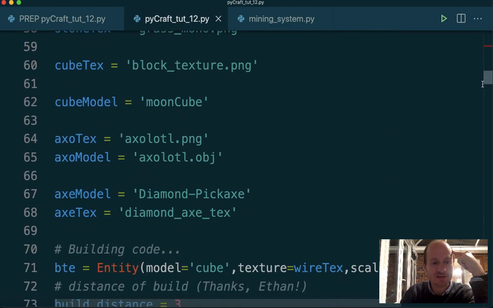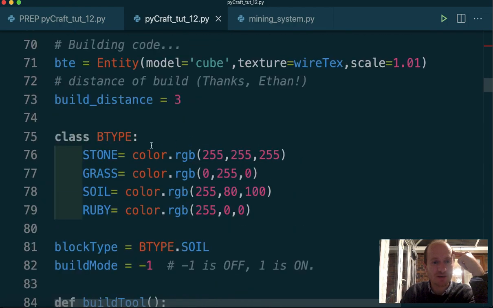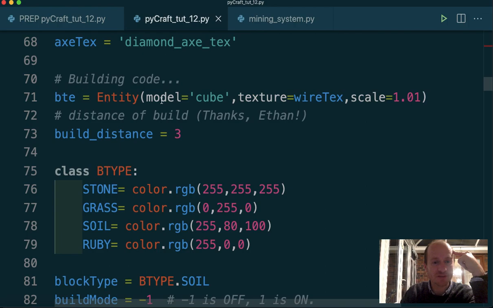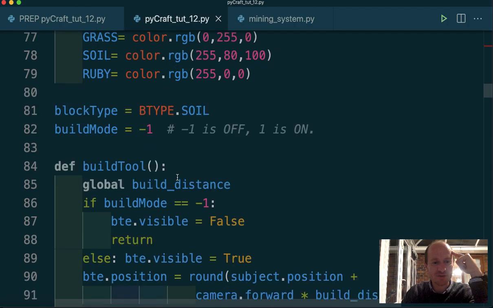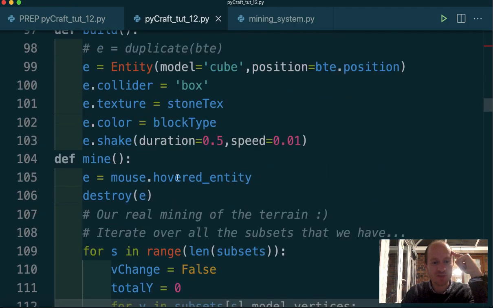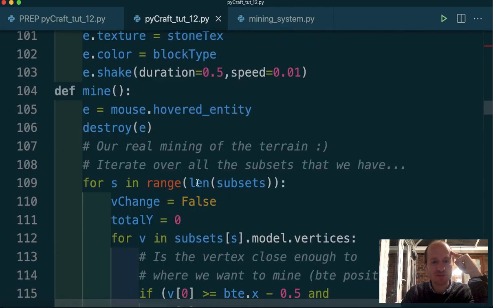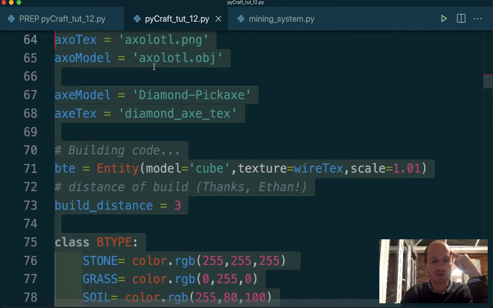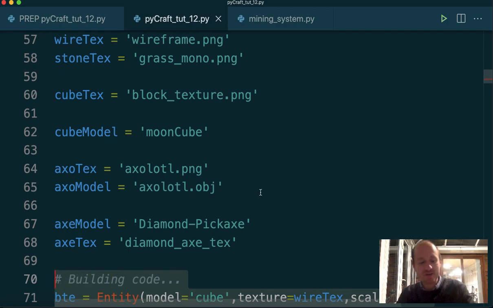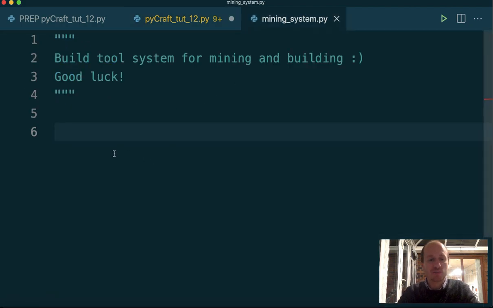So we want to yoink all of this code. Where is it? So starting with our building code. So the BTE, the build tool entity, our different colors for soil, block type, build tool, the build, and what we did last tutorial, the mining, we need that. Okay, it's not too much. We need to recreate that though in the file I just made. So I'm going to grab everything. We won't really be able to use it as it stands, but just as a reference, we'll plonk that in there,